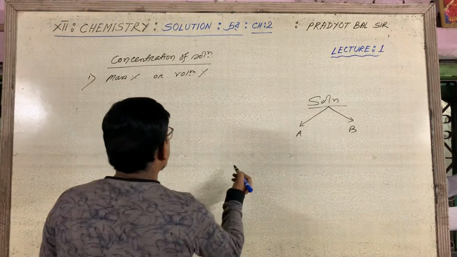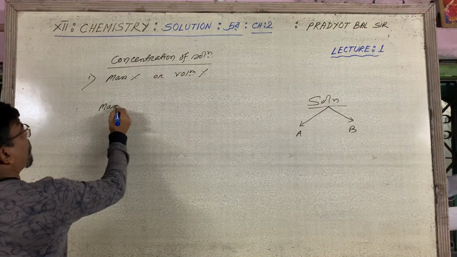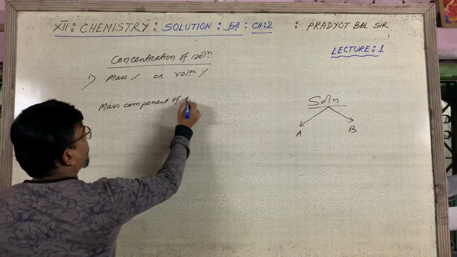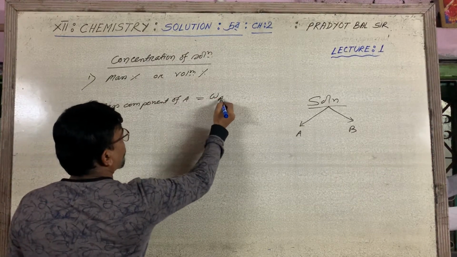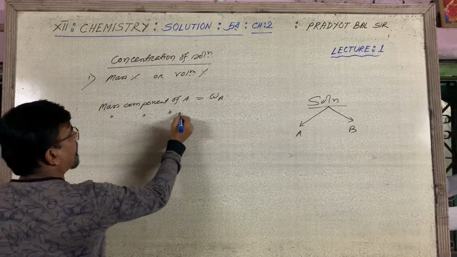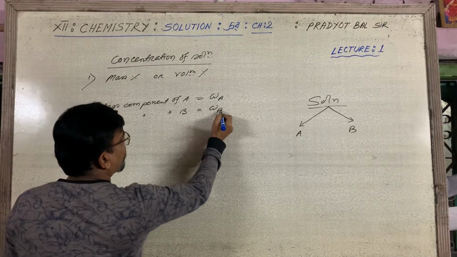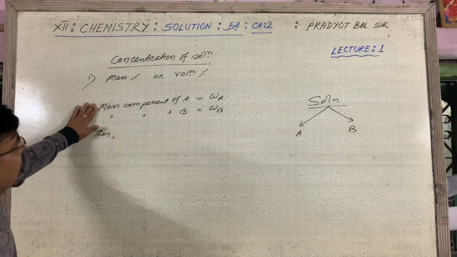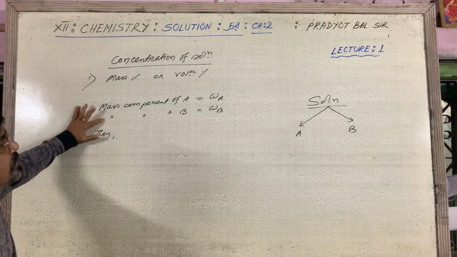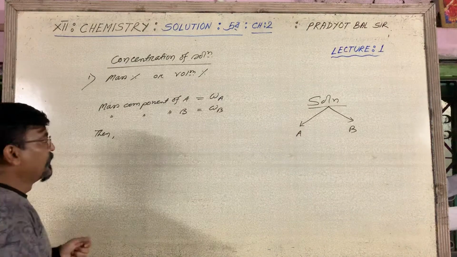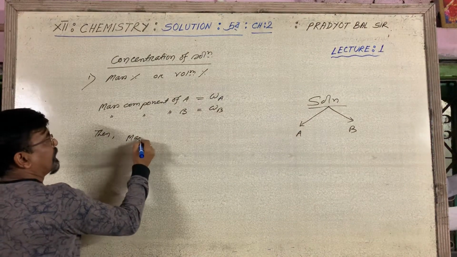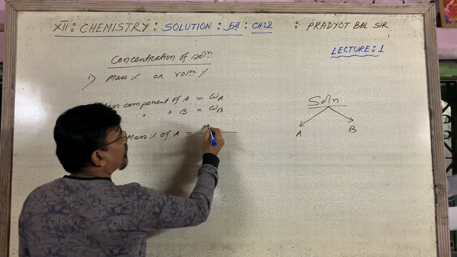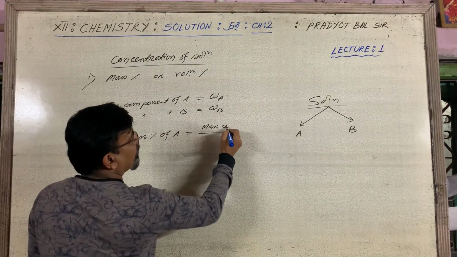Now for mass percentage, if I denote mass of component A by WA, and mass of component B by WB, then you can find mass percentage of component A, you can find mass percentage of component B, any one you can find, or you can find both. Mass percentage of A, then it will be mass component of A